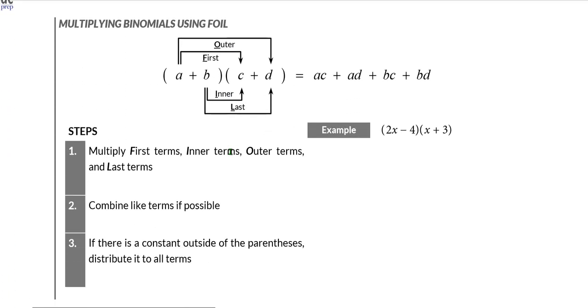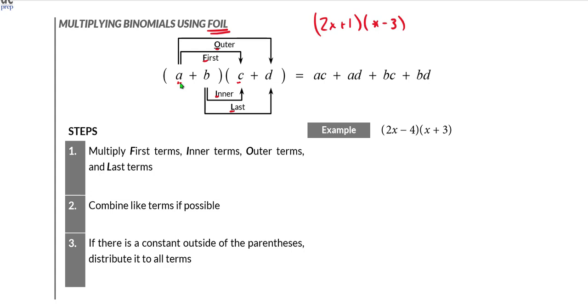So how do we multiply binomials? A binomial is just something made up of two terms that are added or subtracted, like a lot of the stuff we've been dealing with, 2x plus 1 and x minus 3, that's two binomials. When we want to multiply two binomials, we use a process that we know as FOIL. And FOIL stands for first, outer, inner, last, and that acronym sort of just tells us what we have to multiply at each step. We first multiply the first terms, a and c, those are the first terms in each